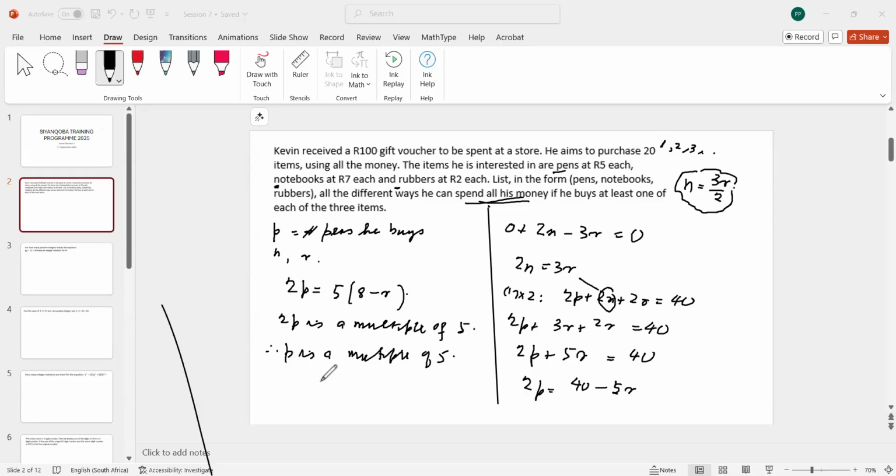So how do you... So let's write that down as an equation. Therefore, p is equal to, say, 5 times something, say 5 times m, where m is a positive integer. M is equal to 1 or 2 or 3 or something. Now, let's just watch out here. So what is happening here is that